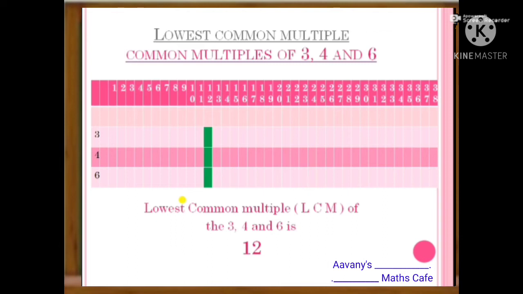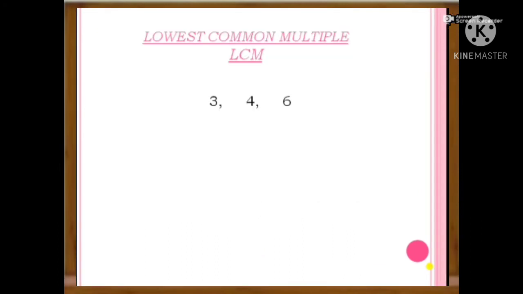Now let's move on to how to solve, otherwise how to find the LCM step by step. So what you have to do first is write the numbers in a line. Then you have to divide these with the prime numbers. So first you have to divide by the smallest prime number. Before that we can see that here 4 and 6 are even numbers, so we can easily divide these by the number 2. So let's divide with the number 2.